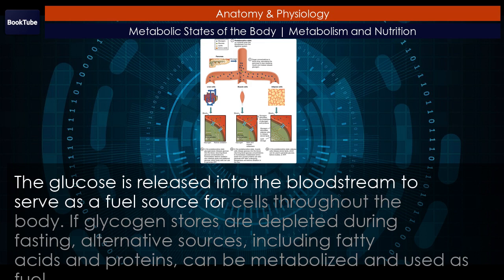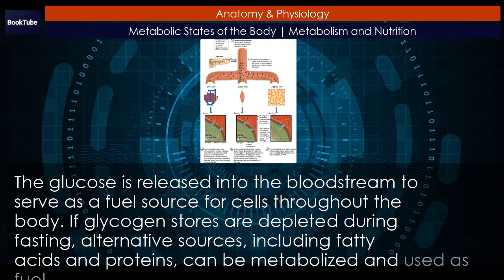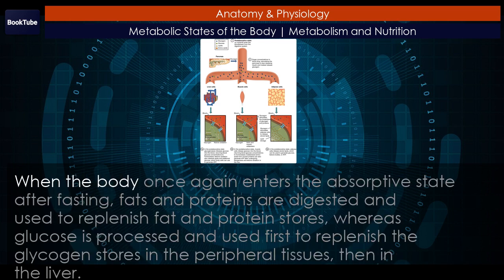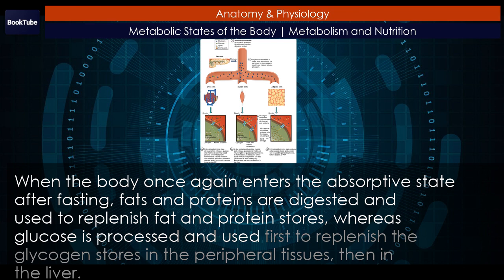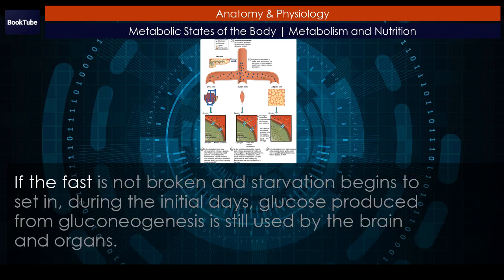The glucose is released into the bloodstream to serve as a fuel source for cells throughout the body. If glycogen stores are depleted during fasting, alternative sources, including fatty acids and proteins, can be metabolized and used as fuel. When the body once again enters the absorptive state after fasting, fats and proteins are digested and used to replenish fat and protein stores. Whereas glucose is processed and used first to replenish the glycogen stores in the peripheral tissues, then in the liver,